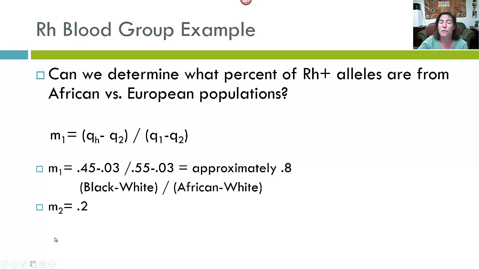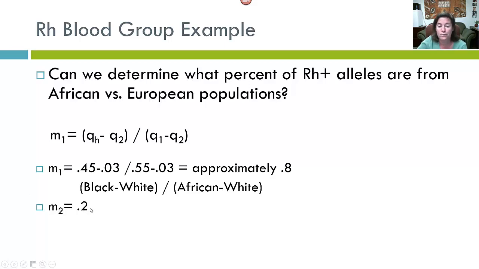So let's take those numbers from the previous slide. We said that the frequency in the hybrid population, the mixed population of American blacks, for Rh was 0.45. We said that in population 2, the U.S. white population, the frequency of Rh positive was 0.03. We said that the frequency in population 1, the original West African population, for Rh was 0.55. We subtract the frequency of the U.S. white population, 0.03, and we get the frequency of M1 being 0.8,